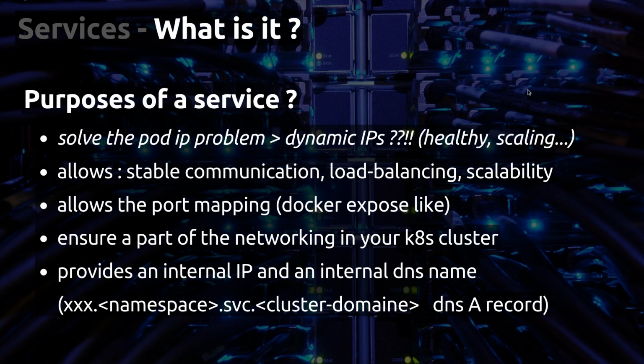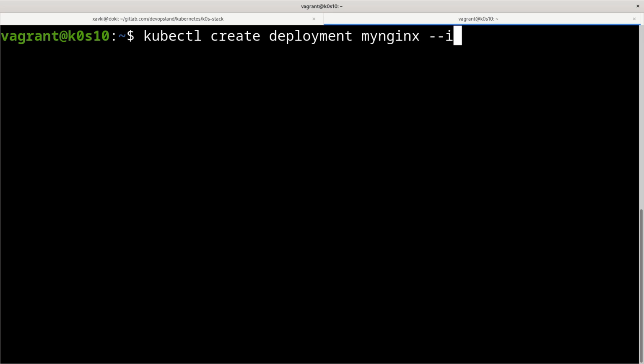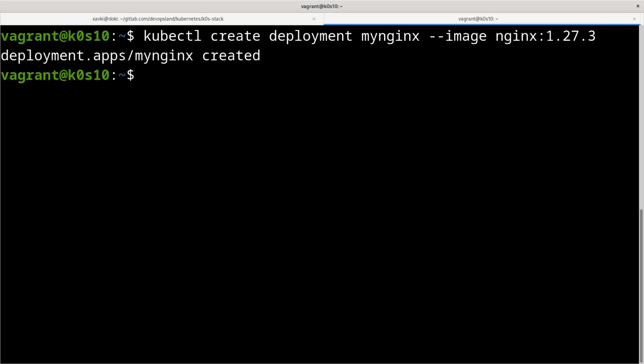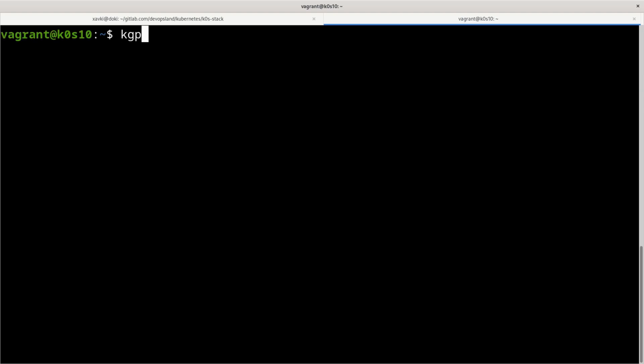So we can just make a test. For example, here we can create a deployment with kubectl. I want to create a deployment named my-nginx, and I want to use the nginx image, for example 1.27.3, and I can create this deployment. And of course now we have one pod for our nginx, and if I add the -o wide option,